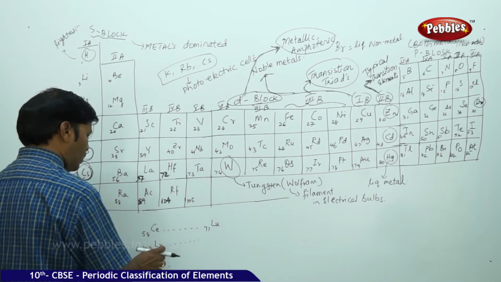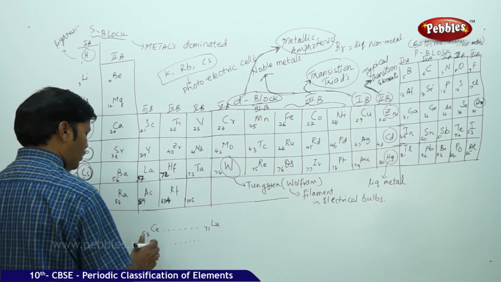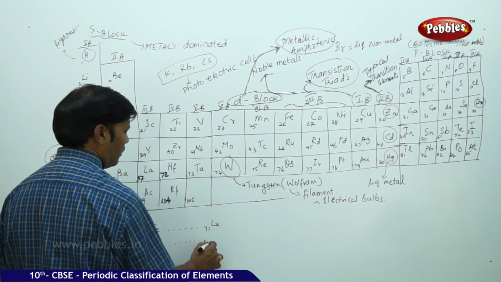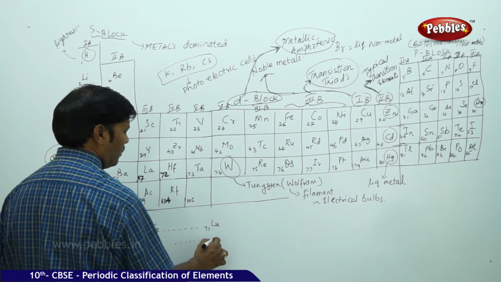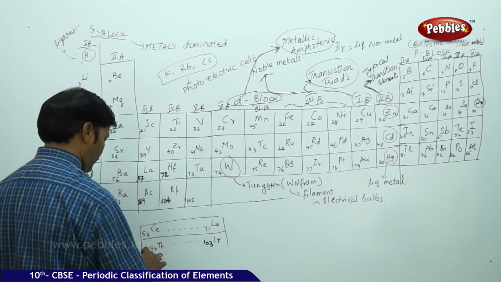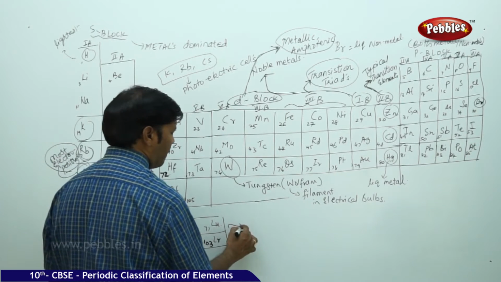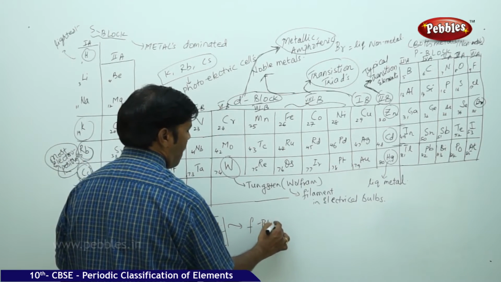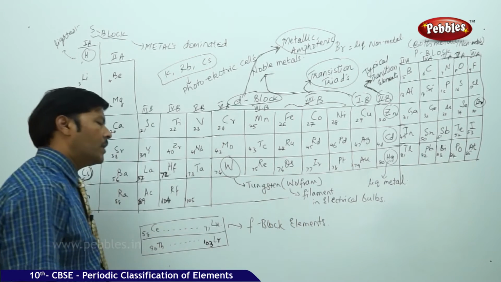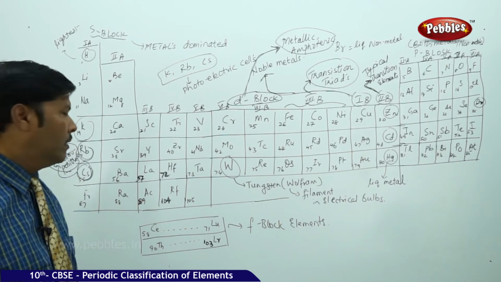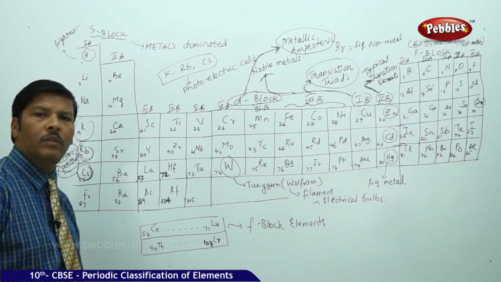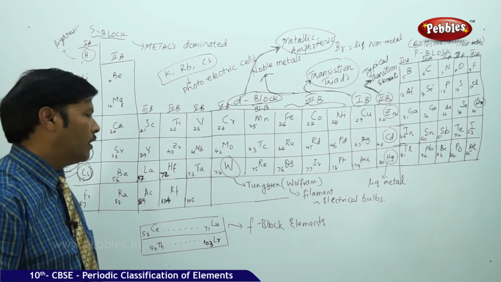103, sorry, this is 90 thorium, 90 thorium to 103 lawrencium. This comes under F block elements. 103 lawrencium, 90 thorium to 103 lawrencium, and 58 cerium to 71 lutetium comes under F block